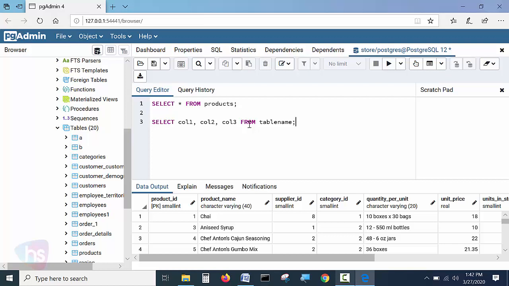It's good to end all statements with the terminator, because SQL will understand that the statement ends at that point. Even without the terminator it is possible to run, whereas if the terminator is there, the particular SQL statement will terminate there itself, and the query tool is ready to accept the next query.